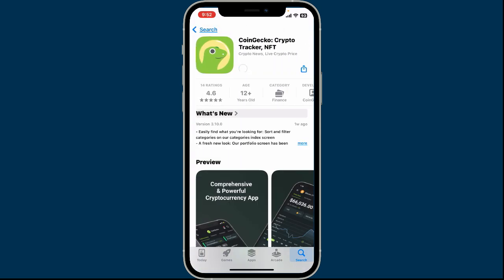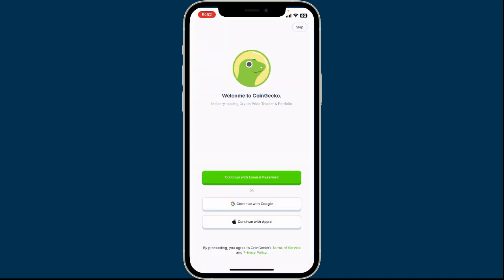Once you find this application, tap on the download button or the install button to start downloading CoinGecko crypto tracker and NFT application on your preferred mobile device. Wait for a couple of minutes, and once it is done with the download process, tap on the open button to open the app on your device. Go ahead and sign up using your email and password, or continue signing up with Google or Apple ID and